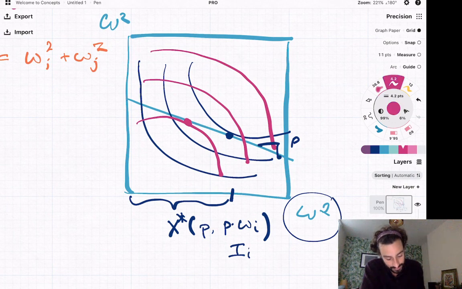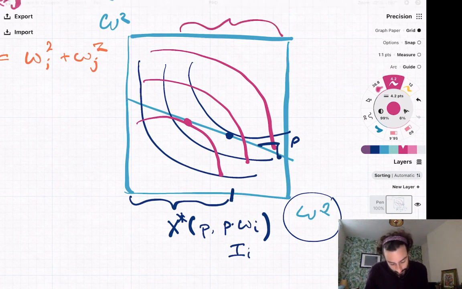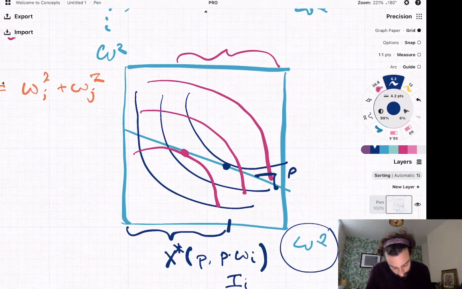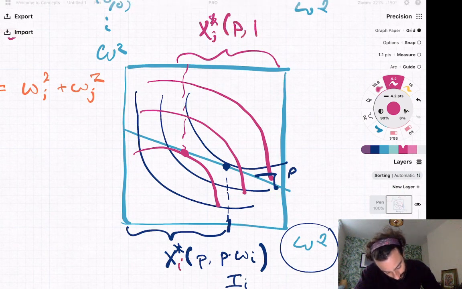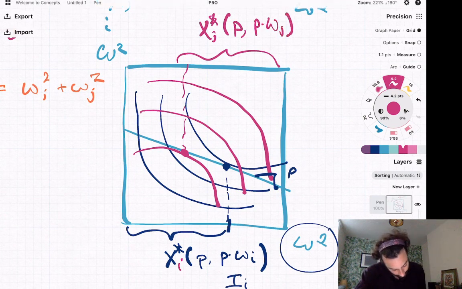And we'll do the same exercise for the amount demanded for consumer 2, which is to here, right? So the reason I'm doing this is where the demands fall, on the horizontal axis, and this is X star I of P, P dot omega I. Now this